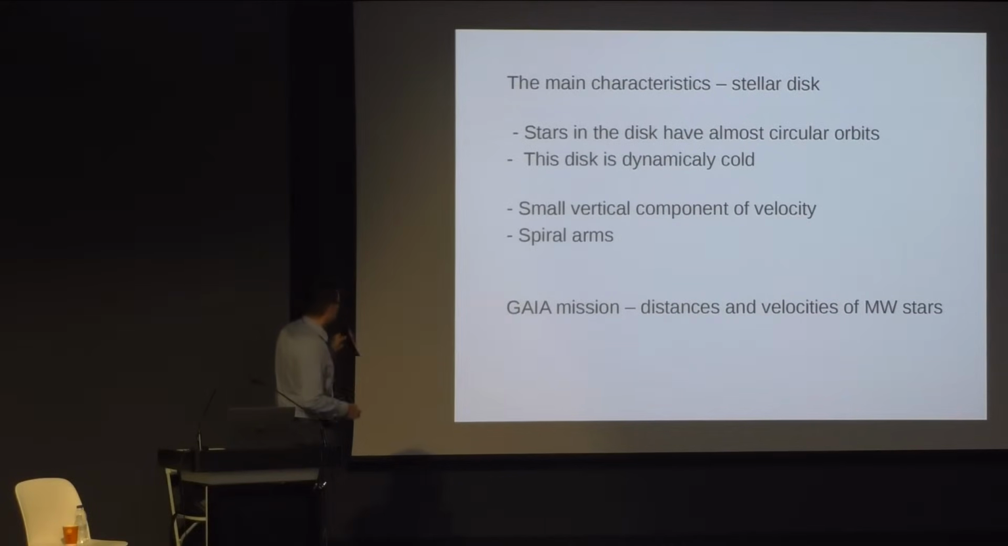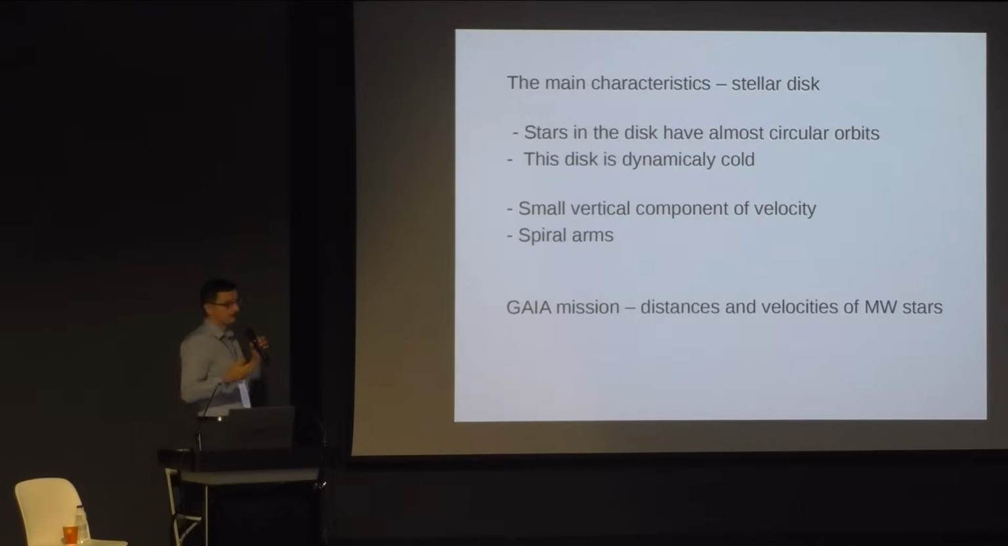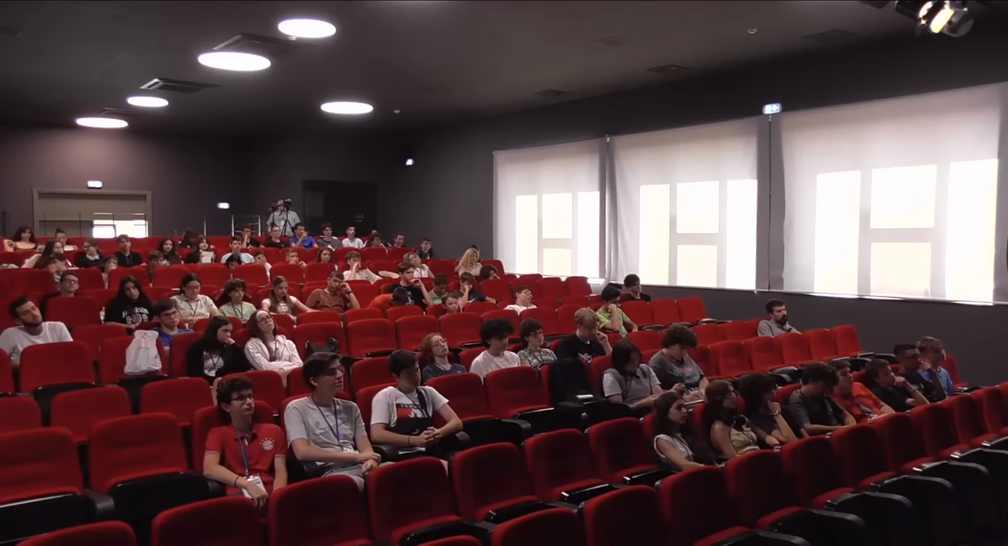So the main property of spiral galaxies is that the stars in the disk have almost circular orbits. This is a pretty nice motion, like planets around the sun: the stars orbiting around the center of the galaxy. For example, in the Milky Way, the Sun is orbiting around the center of the Milky Way, and it has one orbit